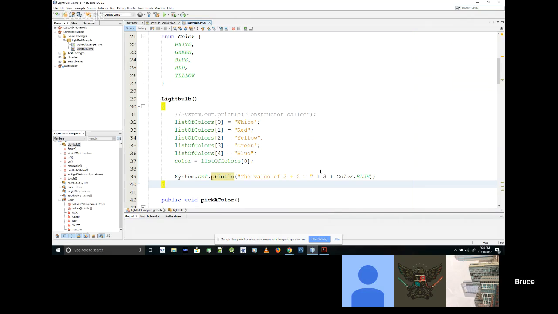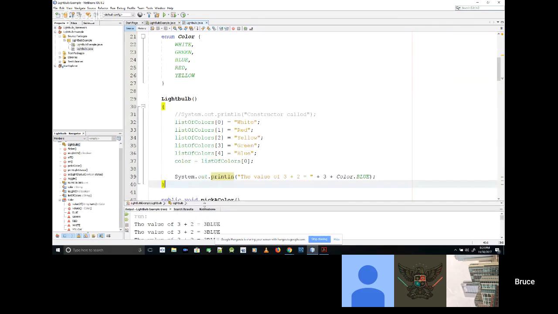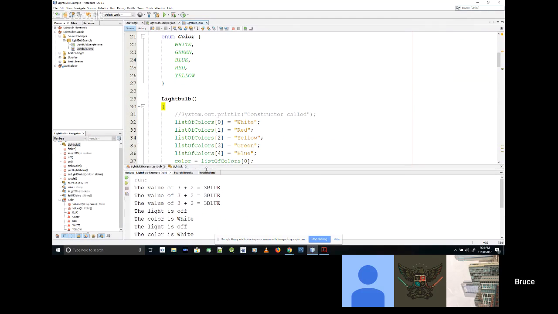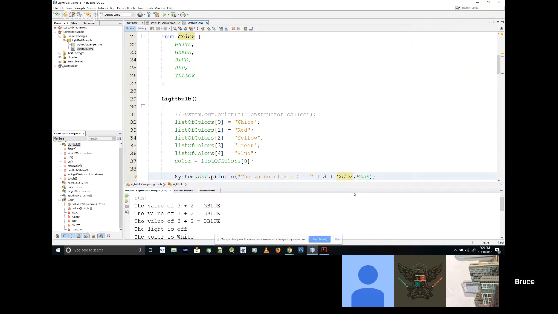I think this is going to print the right answer. Let's see if that's true. I mean, this is not how you'd normally do this, you know what I'm saying? But oh, it's 3 blue. Look at that. That's not what I expected. I wonder if I can cast this to an int.